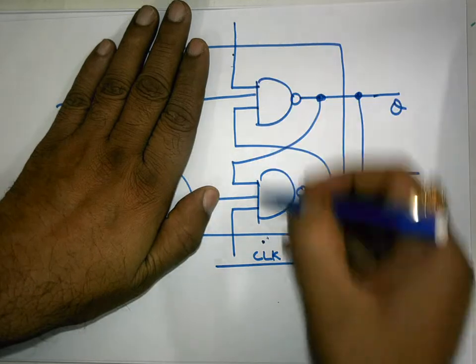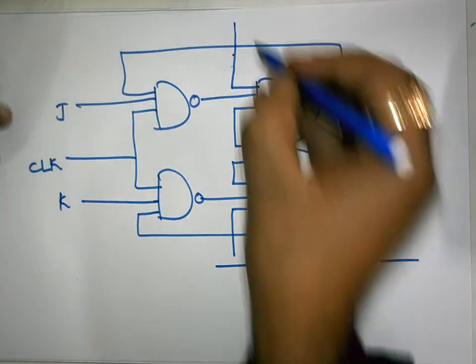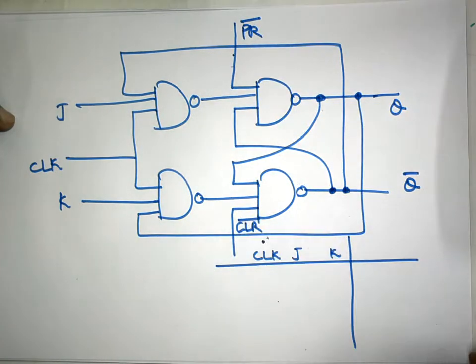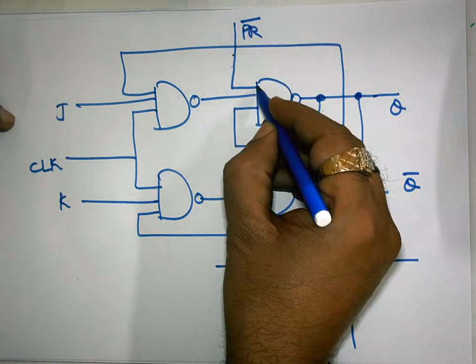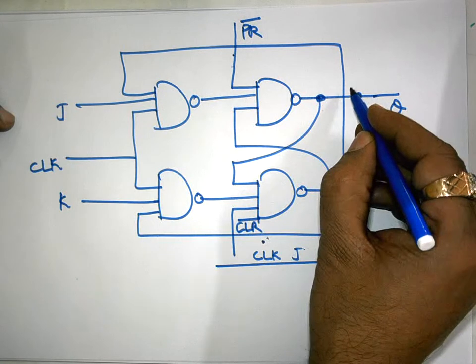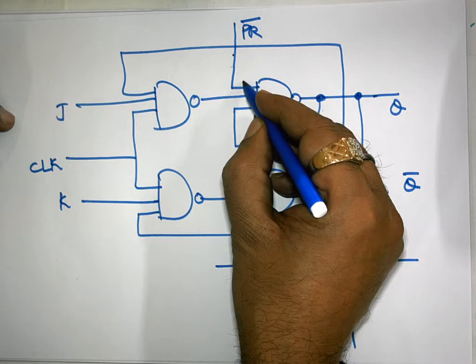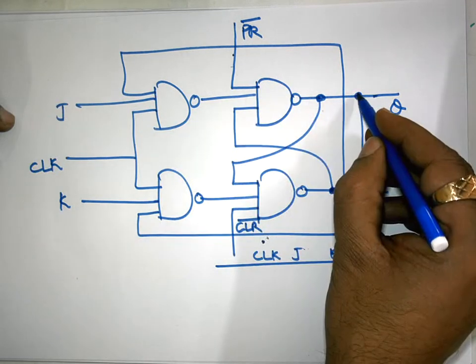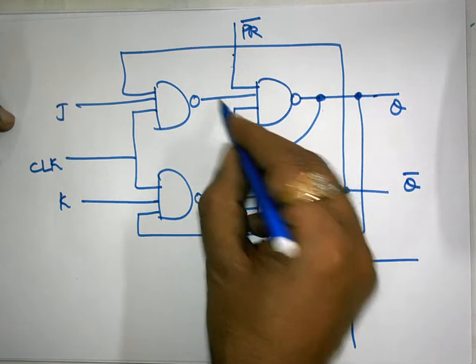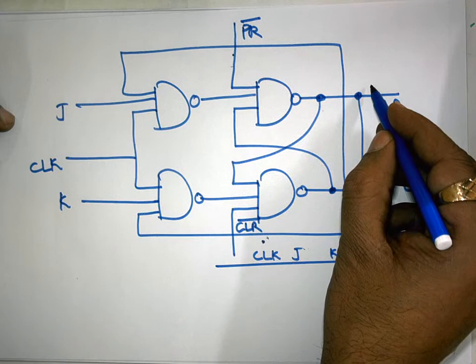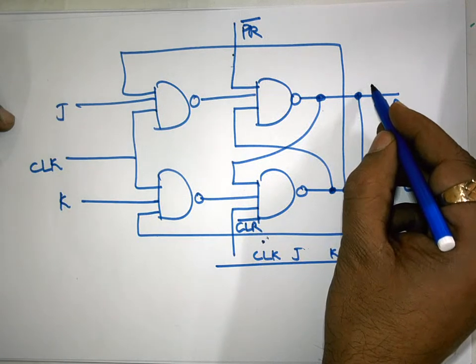And since this input has been inserted in this configuration, now it is known as preset input and clear input. And that too preset bar and clear bar. Why? Because it presets or it sets this circuit if 0 appears over here. You make a 0 over here. This is definitely going to make this output 1. Whatever is available at the other input, it is not going to make any harm. This will be definitely 1. So this is going to set this circuit. Getting this thing or not?